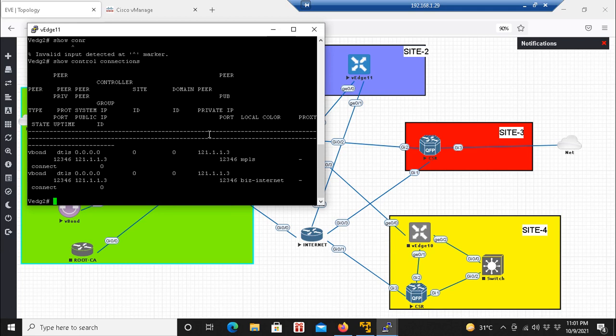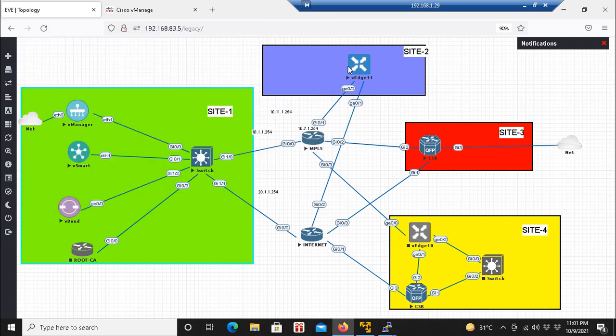This vEdge is having some problem, like see, it is not able to connect to the vBond, it is stuck in the connect state. Unless it connects to the vBond, it will not form a tunnel with the vManage and the vSmart. So let me just restart this vEdge.